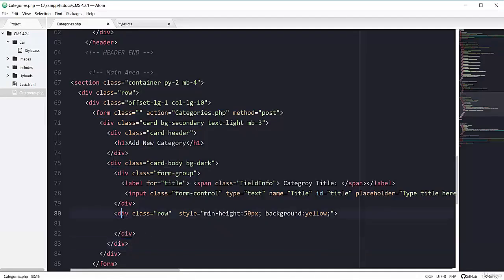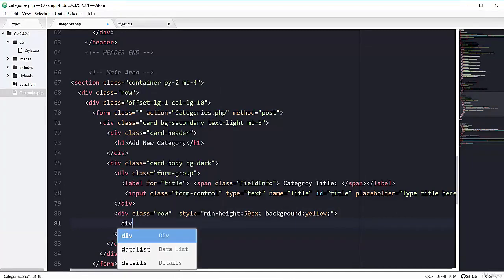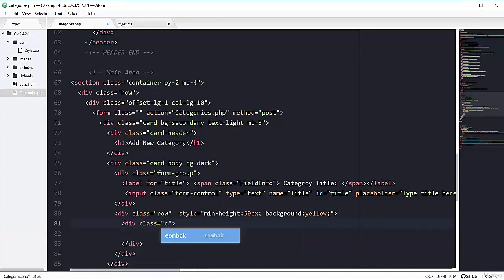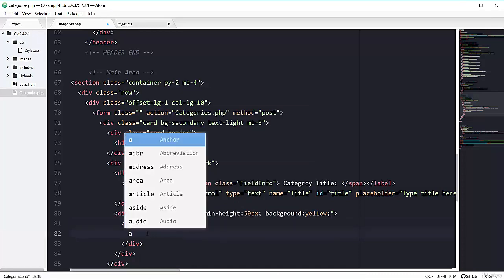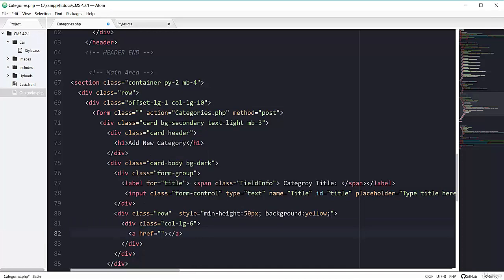So I will have one div here that will have bootstrap class of col-lg-6, and inside here we will have one anchor tag. The first one will take our user back to dashboard.php file.